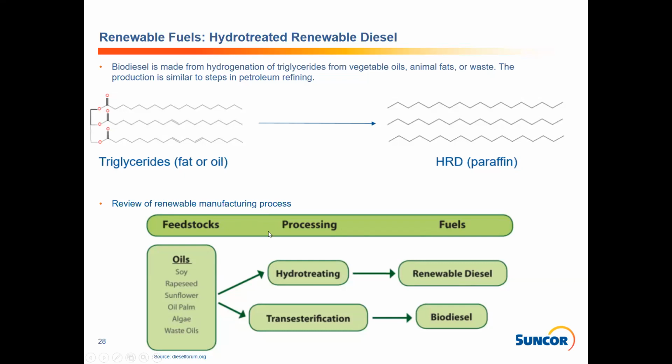Review of renewable manufacturing process. Just to illustrate, the feedstocks for both of these products are the same. The processing is different. Transesterification is a chemical process tied to biodiesel, whereas hydrotreating is basically a refining process that happens with regular diesel. It can be costly, and you can order your boutique HRD if you have the kind of money